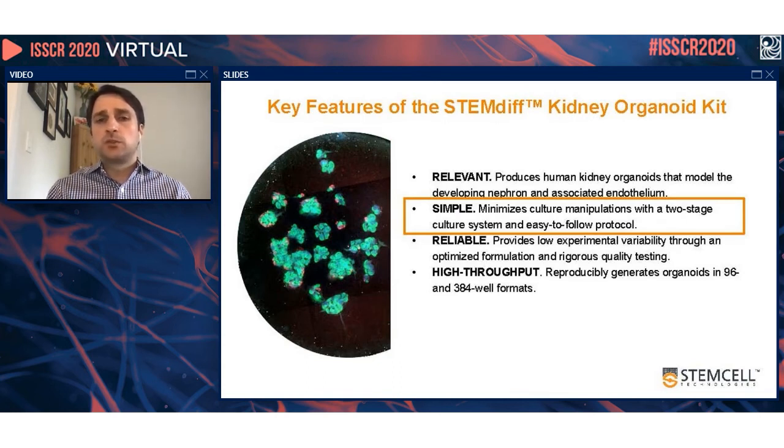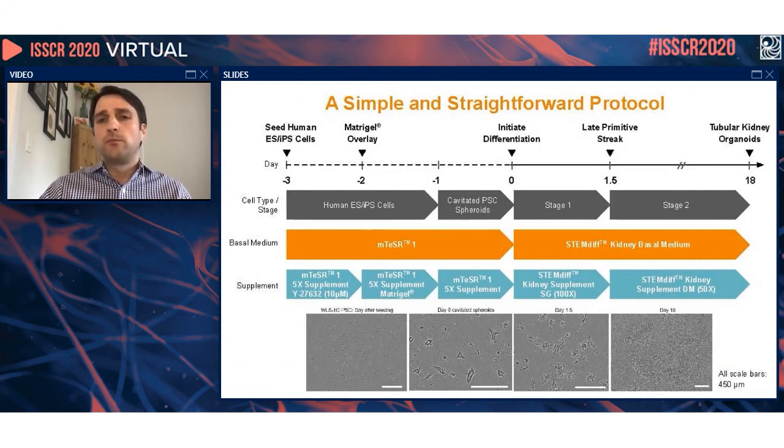The next key feature of the kit is really the simplicity. It minimizes culture manipulation with a two-stage culture system and easy-to-follow protocol. This protocol is shown here, and briefly going through it, it's seeding single cells of ES or IPS cell lines into a culture format of your choice,